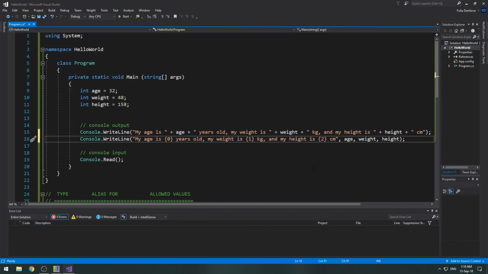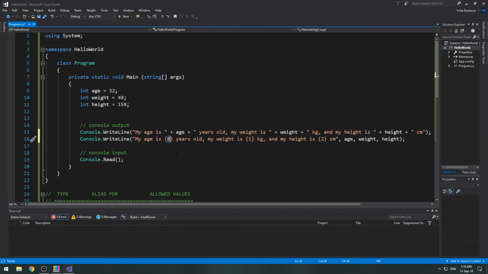However, the compiler is smart enough not to display them as they are, as curly brackets with some numbers in between. Instead, it knows that for every such parameter, there is some value that we specify at the end of the text separated by comma. For each parameter specified in the text, we must specify such a parameter at the end or we will get an error. Please note that the parameters we specify inside the text start with 0 and not 1.